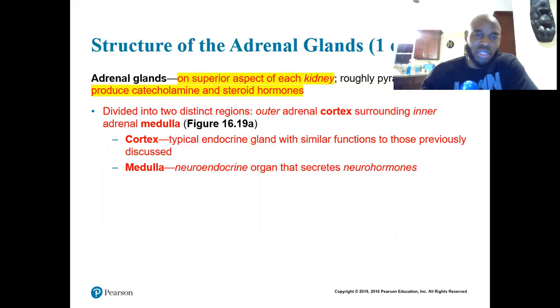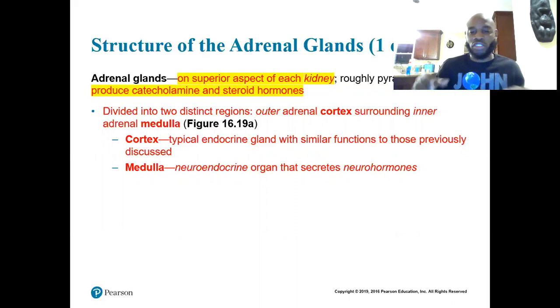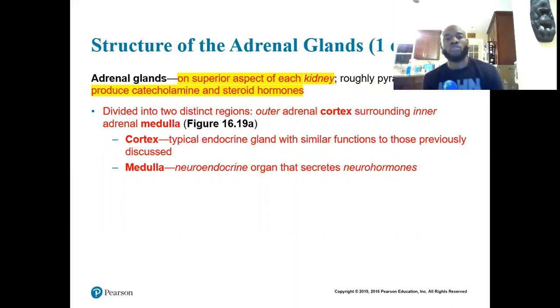So they sit superiorly, basically on top of each kidney. So 2 kidneys, 2 adrenal glands, and they produce catecholamine, your epinephrine, and steroid hormones. Okay, so the adrenals are divided into 2 distinct regions. Cortex, just like we talked about cerebral cortex, that's sort of like on the outside, and then medulla in the